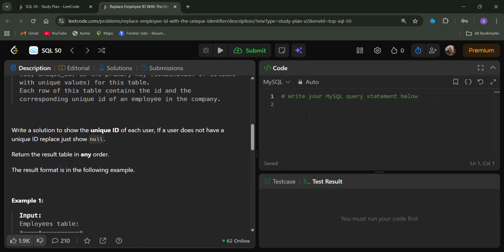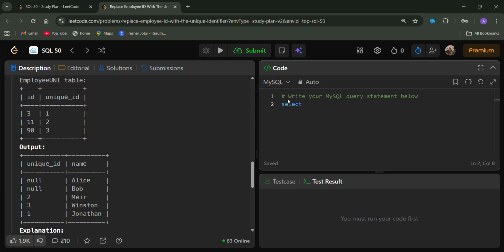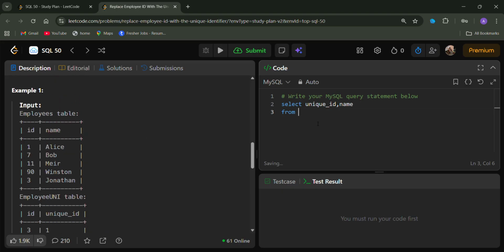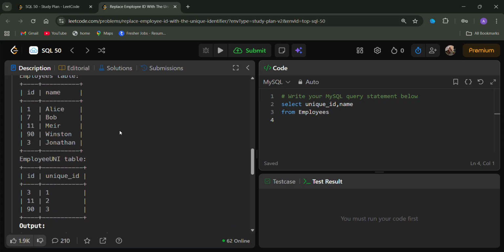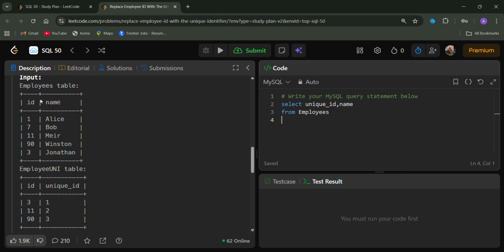So we have to show unique ID. Select unique ID, name from table employees. Here there are two tables, and if there are more than one table, we have to use join. Basically there is a relationship between two tables, and in these both tables what is common? ID is common, so we are using left join because we want all the IDs. Left join